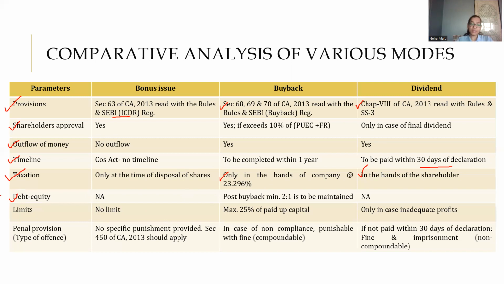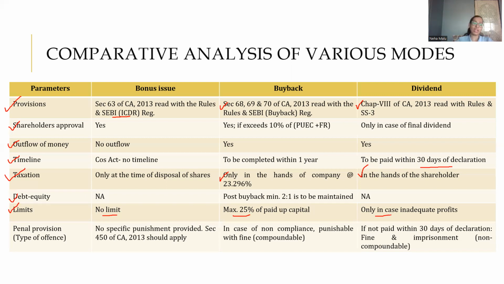Now, the limits up to which the company can go for bonus, there is no limit provided in the law when it comes to bonus. However, when it comes to buyback, the maximum limit of 25% of paid up capital has been provided for buyback. And in case of dividend, also there is no limit except in case of inadequate profits. However, the company obviously cannot exceed the amount of reserves it has. So whatsoever reserves the company has, it can utilize that in case